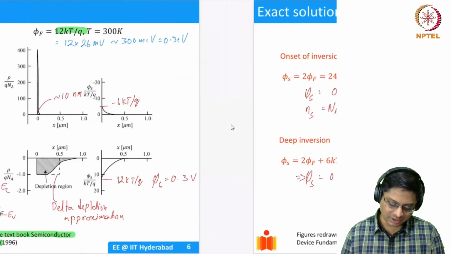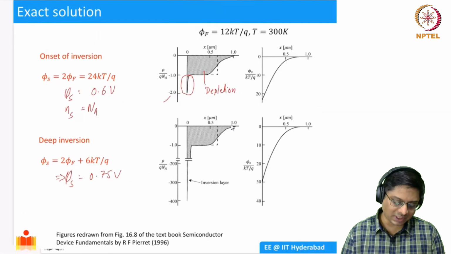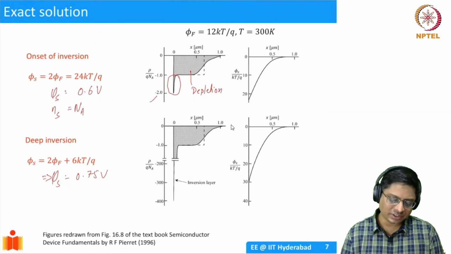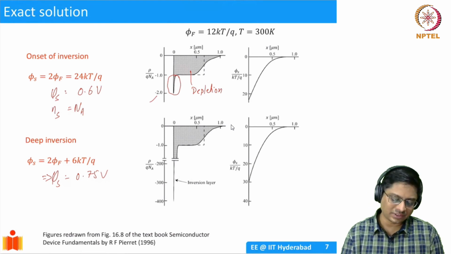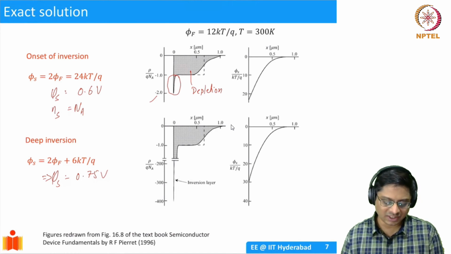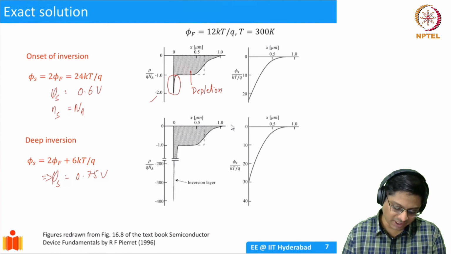Okay, we went from here 0.3, right? This was phi s equal to 0.3 volts. From here to 0.6, we essentially doubled it, and we saw that the depletion region has changed by maybe about, I would say, 30% or so. Okay, and there's an inversion happening. But once you go there, even if you change by, let's say, 150 millivolts, so not a very large amount, you see that the charge density has spiked up.